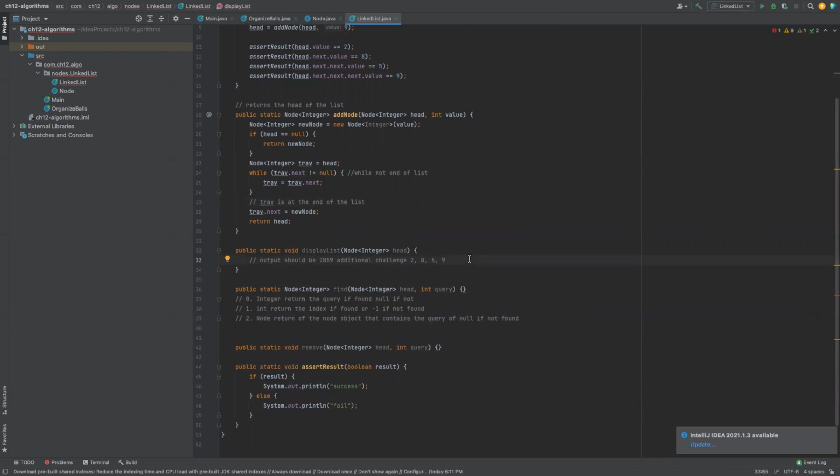Right here, the main thing is, in the first one, what we did is we traveled through our node to find the end of the list, so we could add a new item to it. In the display list, we want to make sure we print every item in our list out on the line. If we think about it, what we want to do is make sure